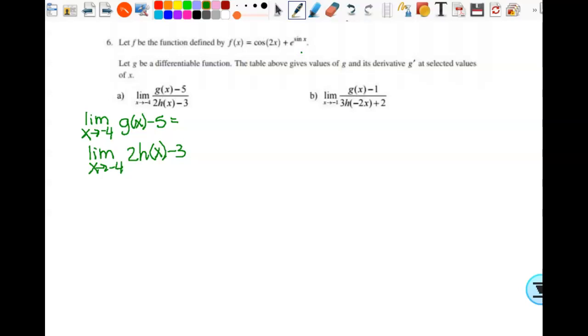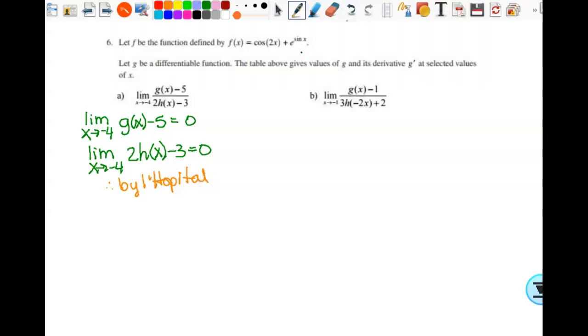Right. Since I can't see that, let's see. So when I substitute it in, g of -4 is what? 5. So that's going to give me 0, right? Then when I substitute in -4, what's h of -4? One half. And so this ends up giving me 0 also, right? Got to look at the graph for that one. So that means I have to use L'Hopital. So I will say, therefore, by L'Hopital,